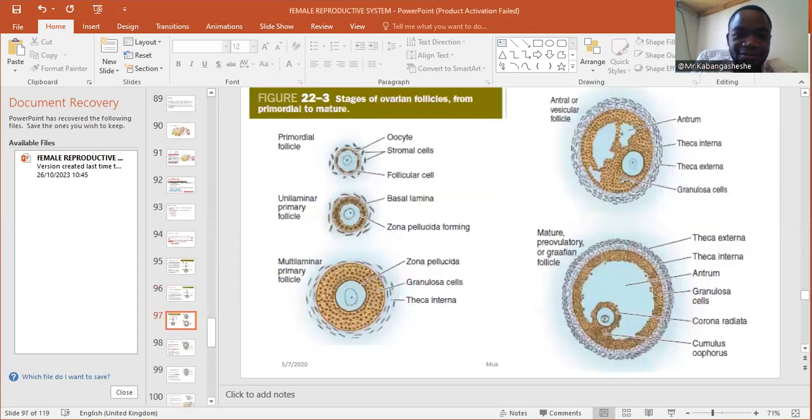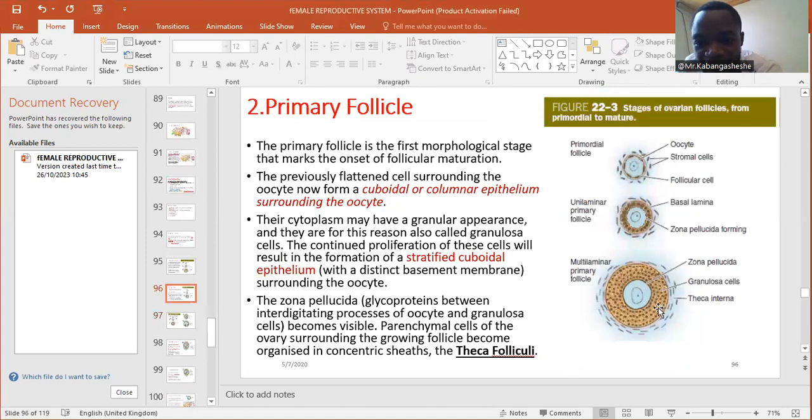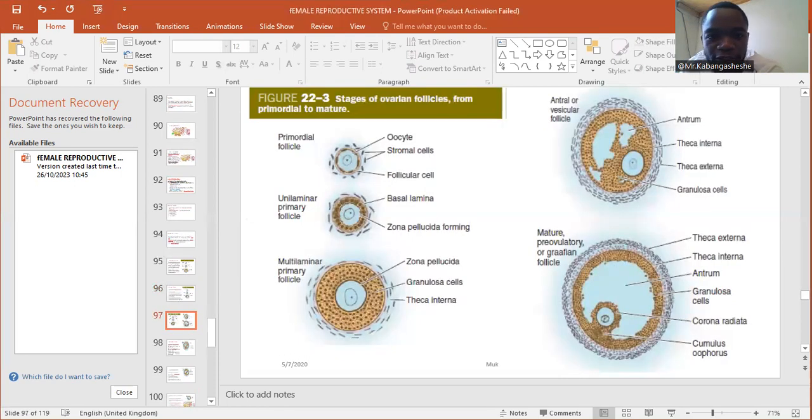The same one. All right, now let's look at the secondary follicle. So saying the primary follicle, inside the nest, the egg there is referred to as a primary oocyte. That is the primary oocyte. You can see that now the cell becomes more distinct. Even the nucleolus becomes so prominent. Okay. Let's go on to look at the